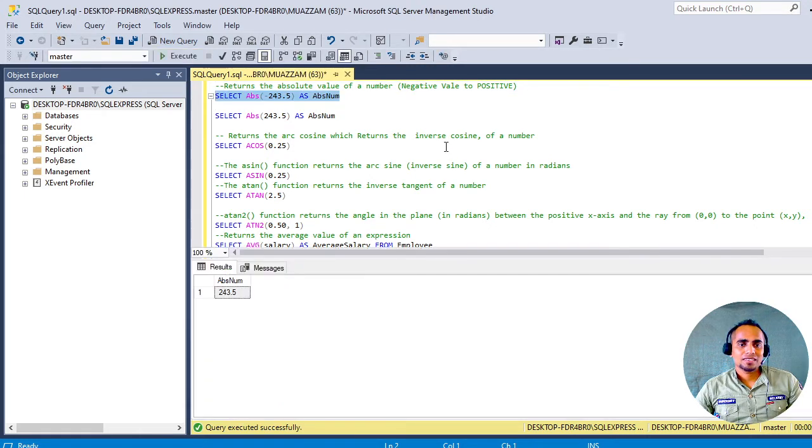The first one is absolute, ABS as ABS number. If you see, I have written over here minus 243.5, and it is giving me positive 243.5. If I execute a positive one, I will get the positive value, because it generally converts the negative value to positive, and positive stays positive. So now the next function was